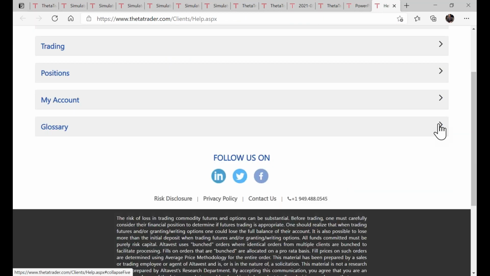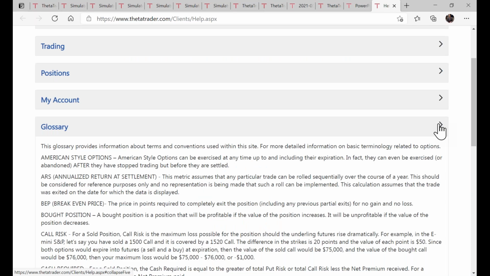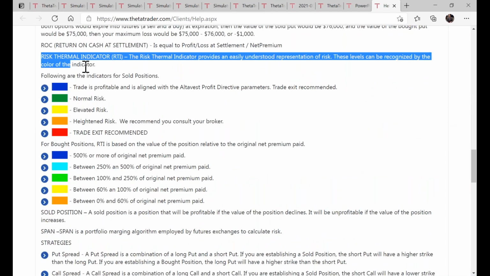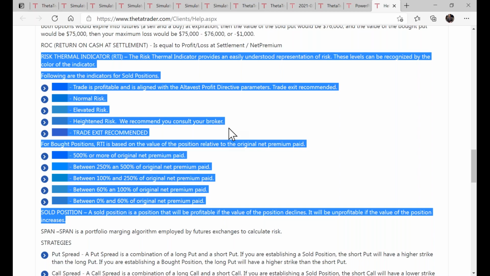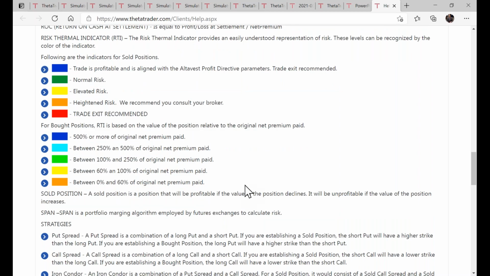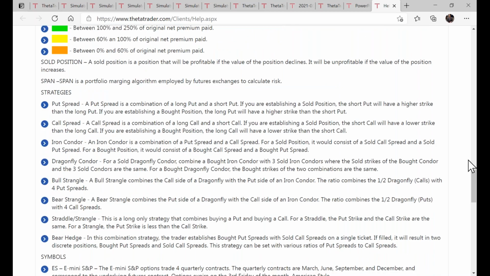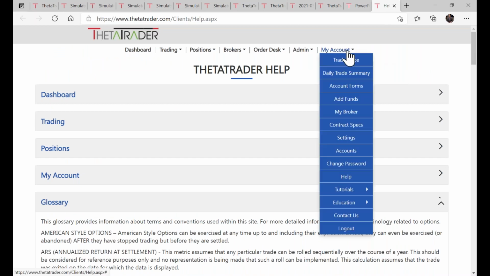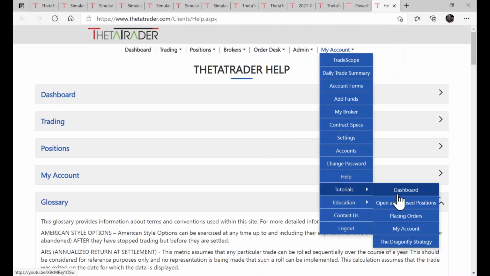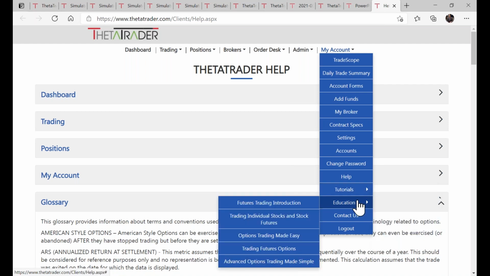You'll notice we have all of the RTI indicators described here in terms of the color coding, all the spreads more described in depth. And then there's also tutorials here, videos. These are videos here on the Theta Trader platform, and also education. So that's all available in Theta Trader. Now let me jump back,